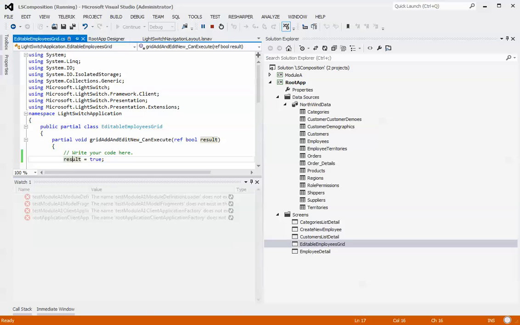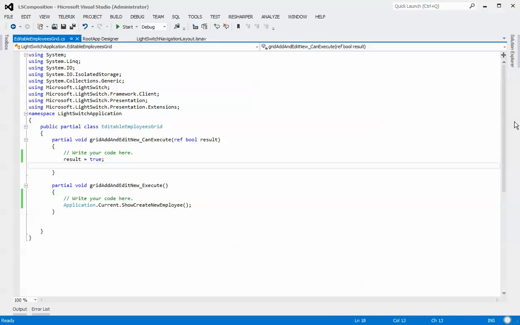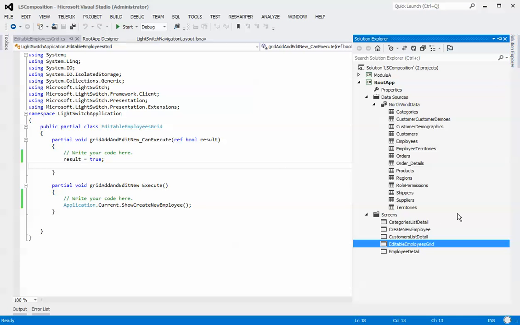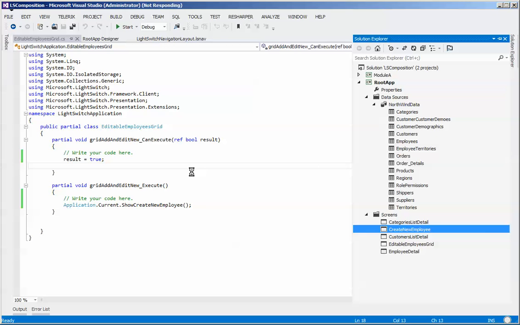So we'll close this down. All right, we're back into the screen. There's a couple of other things that we should probably take care of while we're here. So let's go into create new employee. We actually don't want it to open up an edit screen after it creates the new employee. We just want it to create the new employee, and everything from that point on would be complete in this